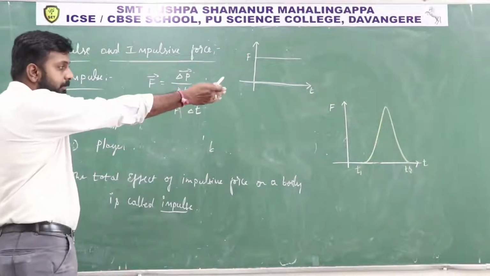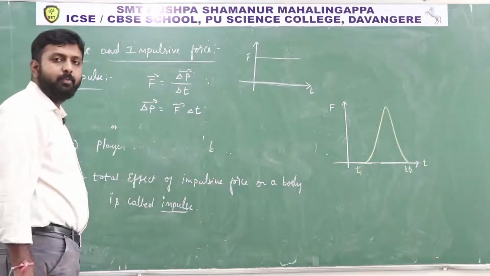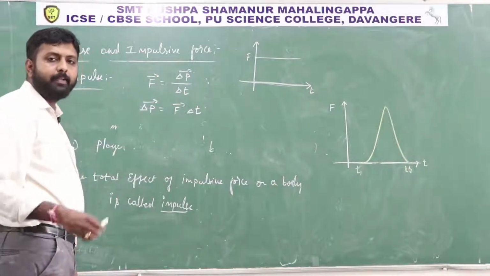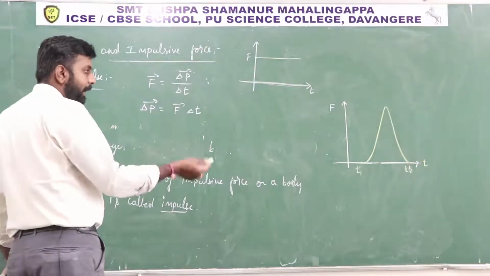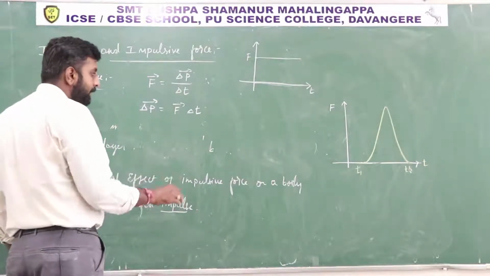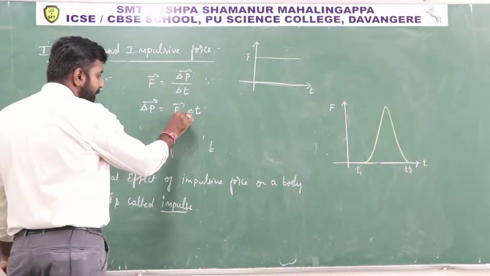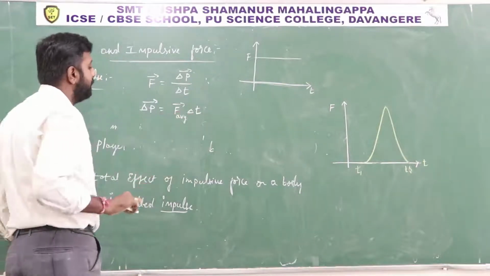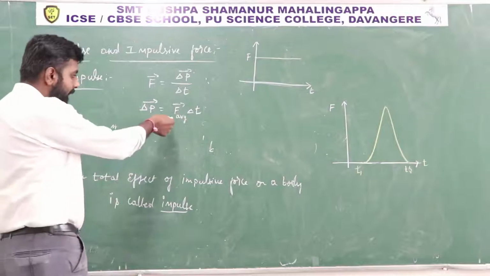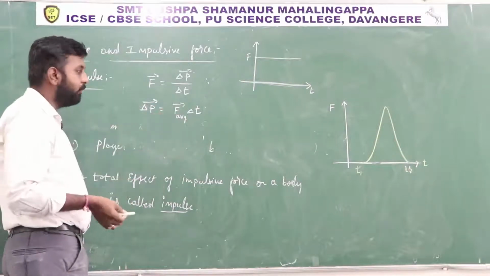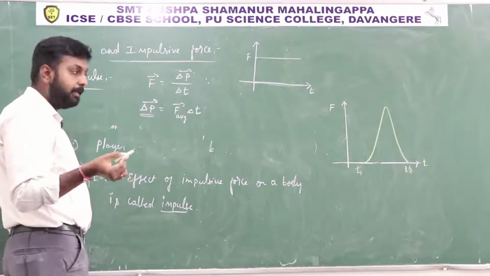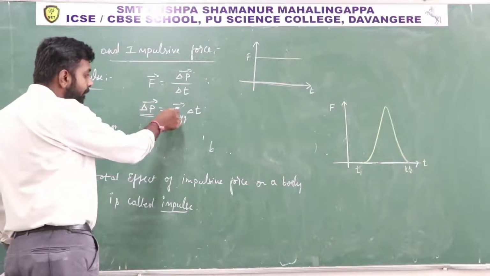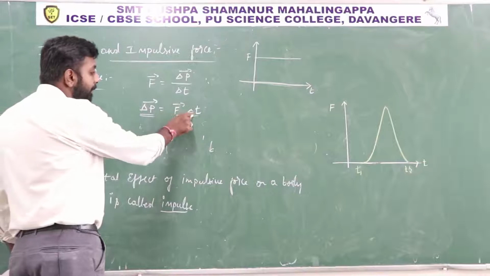Because impulsive force is a variable force and it also acts in a very small interval of time, we are not able to calculate it directly. Hence we will consider that force as an average force. So here we came to know that delta P, the change in momentum, is equal to the average force multiplied by